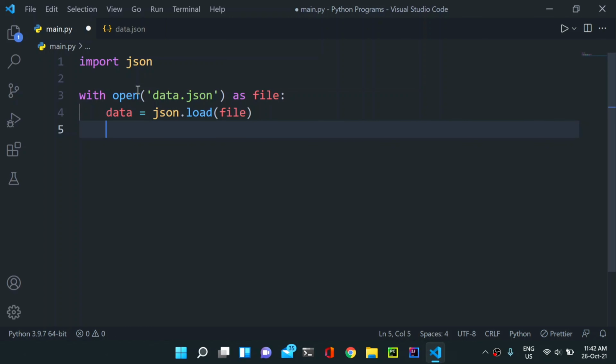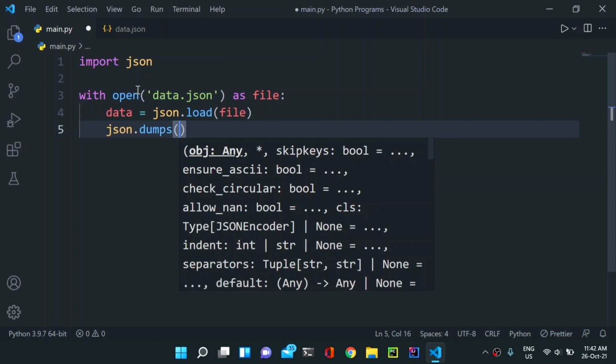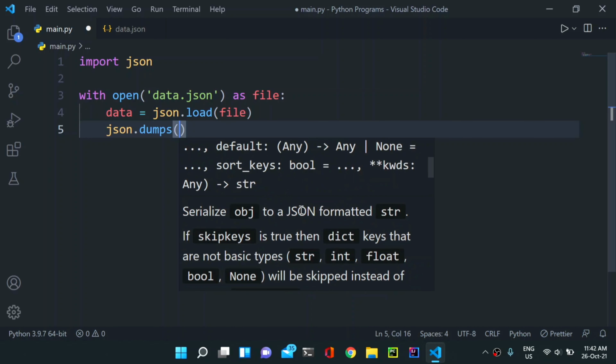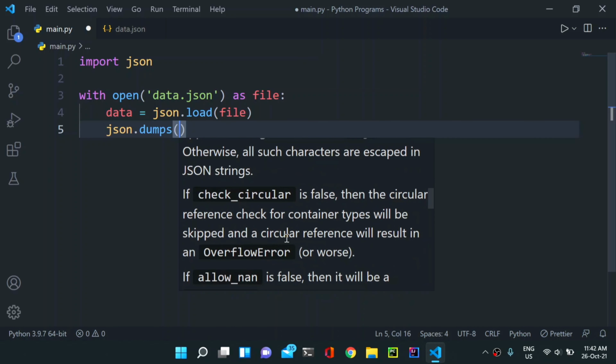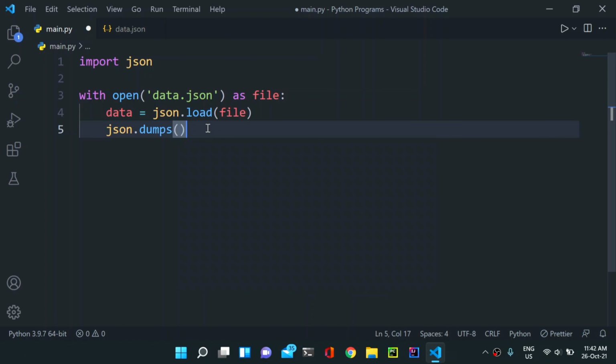Now let us use json.dumps, which will simply convert this data into simple strings. Basically it is a bit complicated for beginners, so that's why I am simply describing it to you: it will simply convert the data into a string, or you can say it will convert the data into a printable manner.